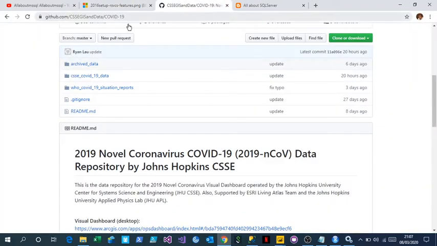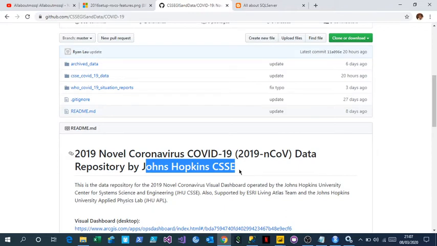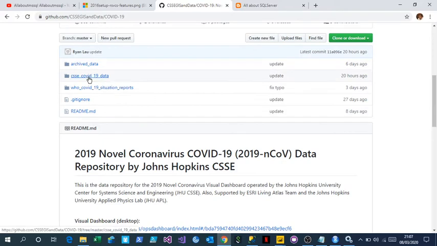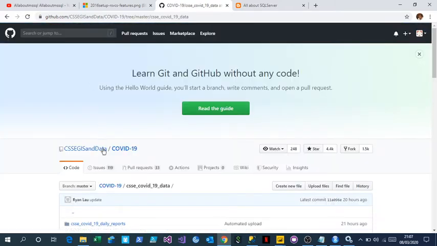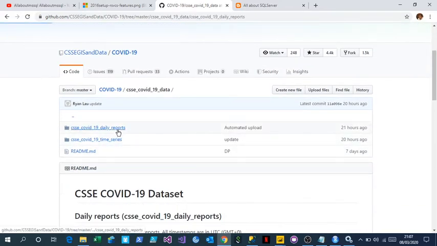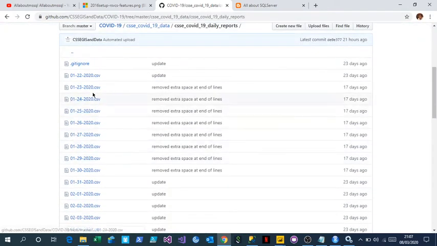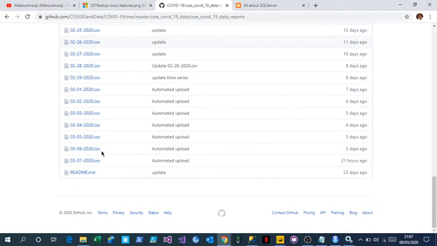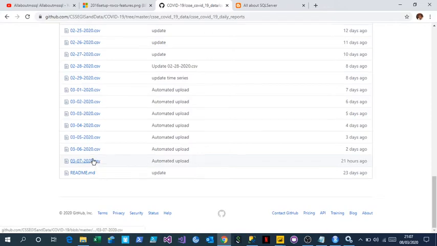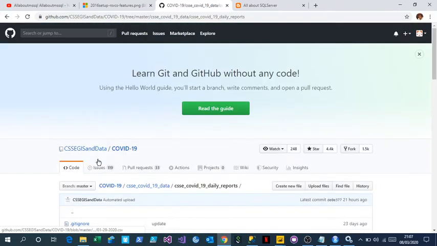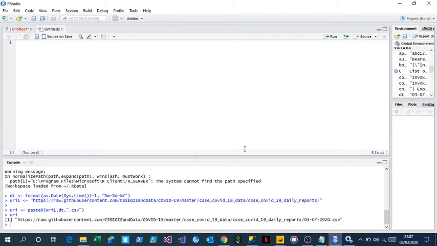In GitHub, Johns Hopkins University is publishing the coronavirus data on a daily basis. As you can see here, there is a daily reports folder, and they are uploading the latest data every day. Now going back to R Studio,